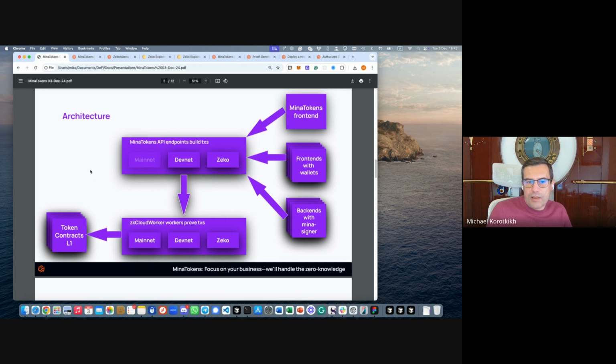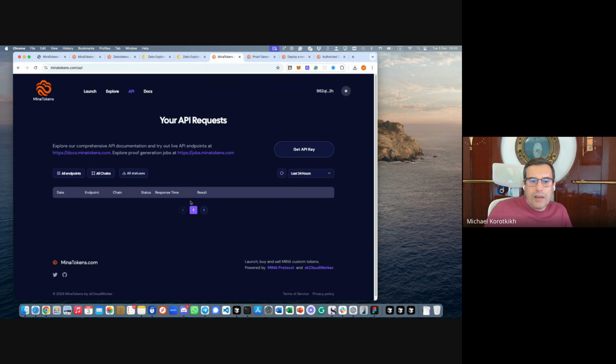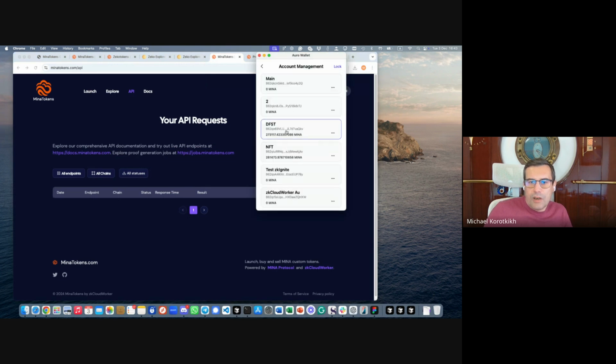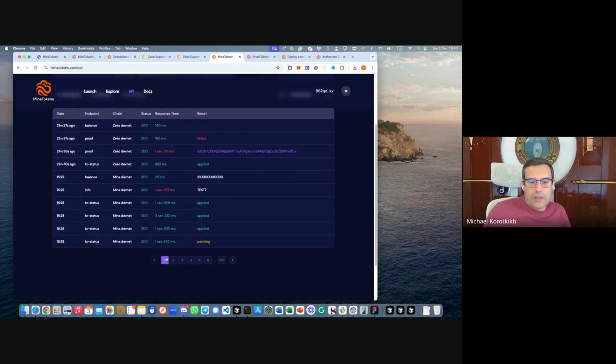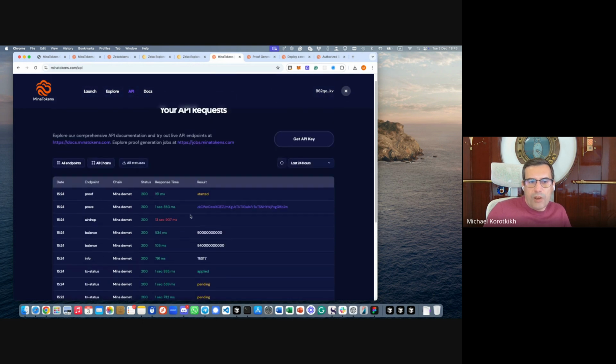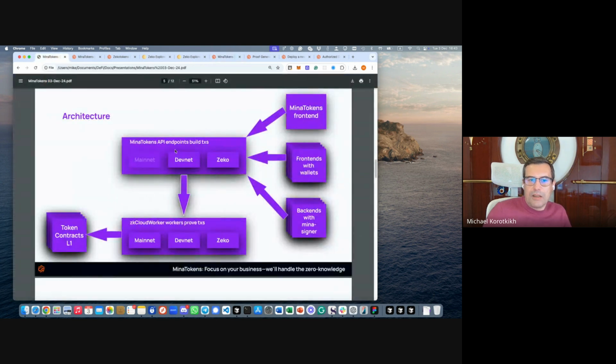So front ends and backends, they call the Mina token API endpoints directly. And you can see all your API requests. If I change to my URL address, you can see basically all the information of API requests. So basically, as soon as a transaction is built and signed, the ZK Cloud worker proves it and sends it to L1